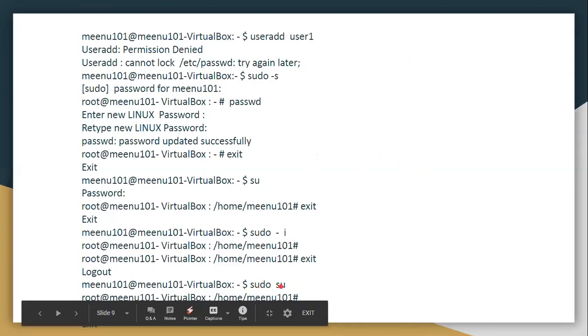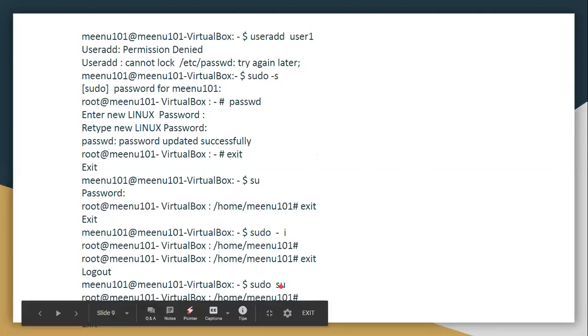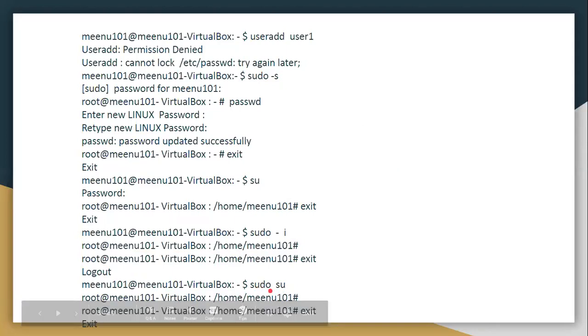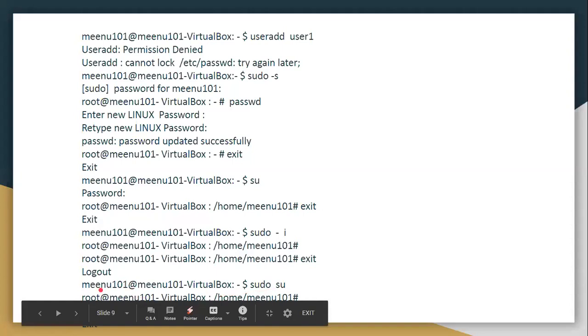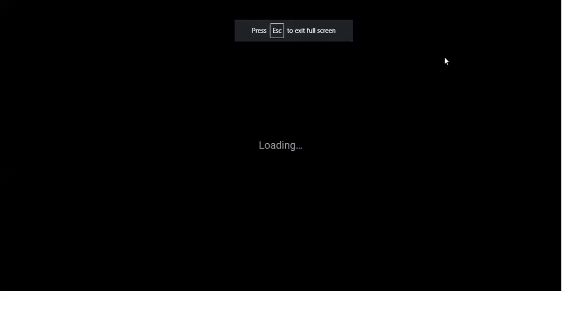Sudo s is to create the super user and sudo su means switching to the next user. So sudo su means switching to a next user account. So I can directly move from Minu101 to my root user account.